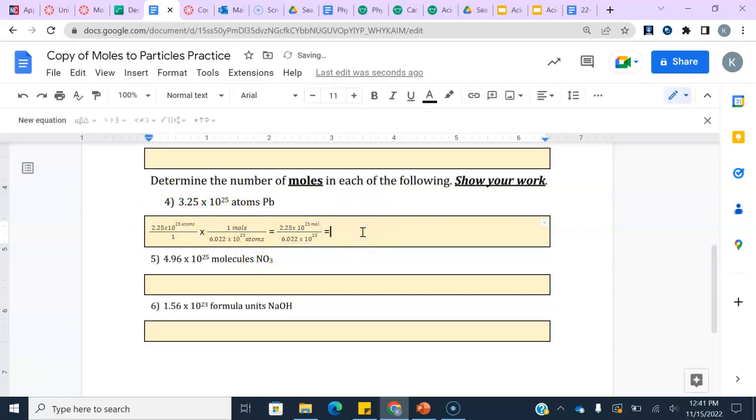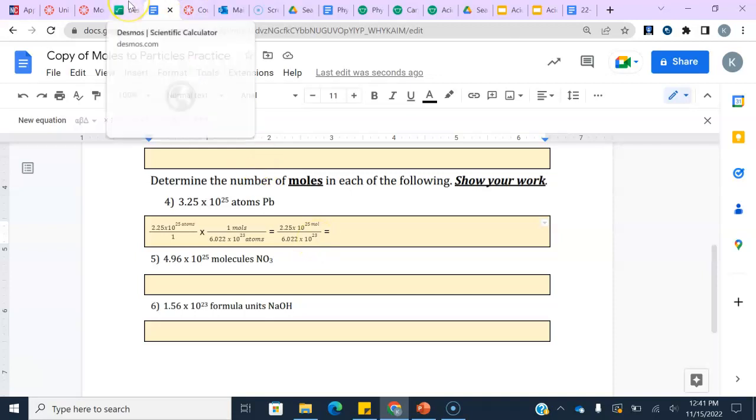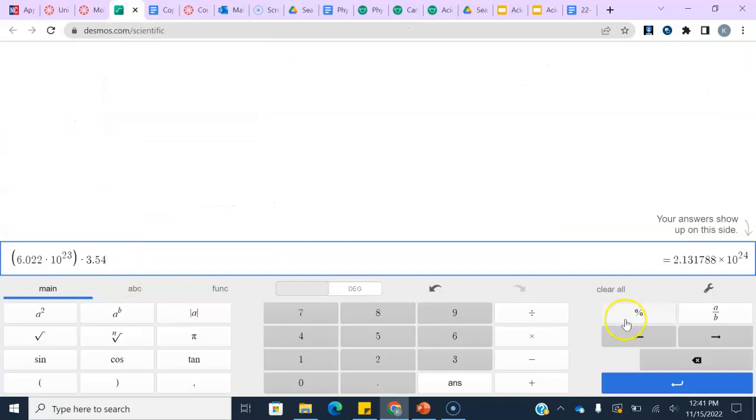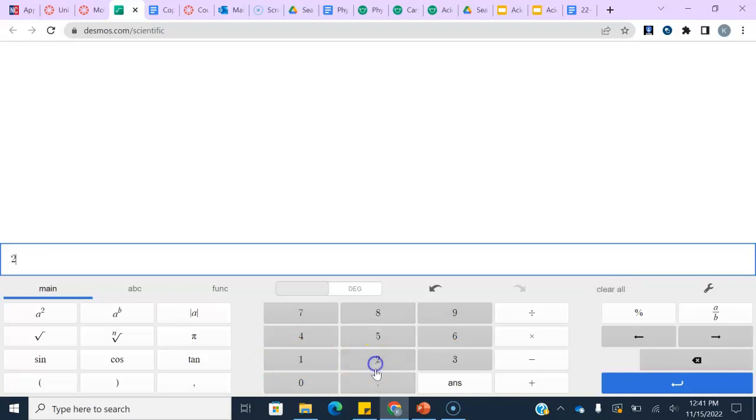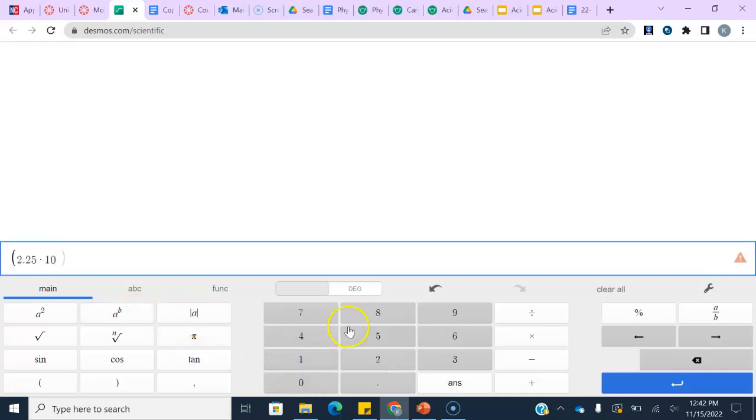Now this is different because instead of multiplying across the top and having one on the bottom, we have a division problem here. So we have to do 2.25 times 10 to the 25th divided by 6.022 times 10 to the 23rd. So let's go do that. 2.25 times 10 to the 25th. Let me clear this. Actually, let me go ahead and get my parentheses because we want it all to calculate. 2.25 times 10 to the 25th